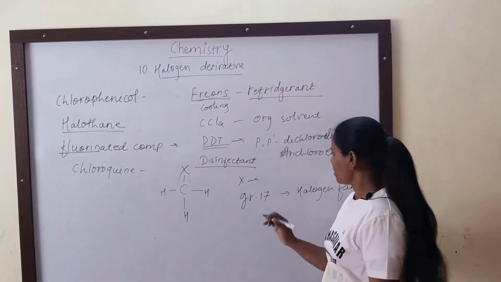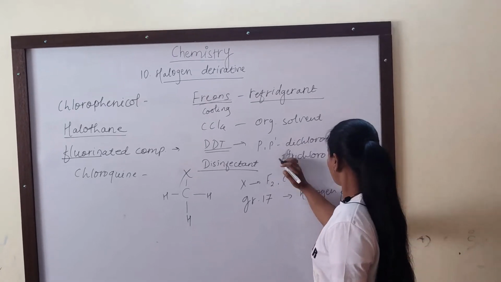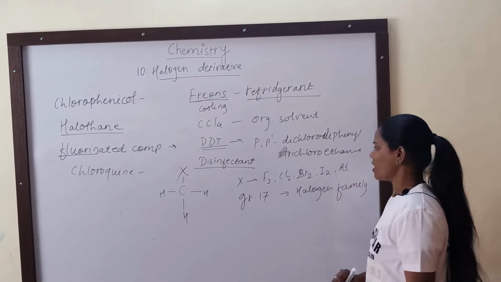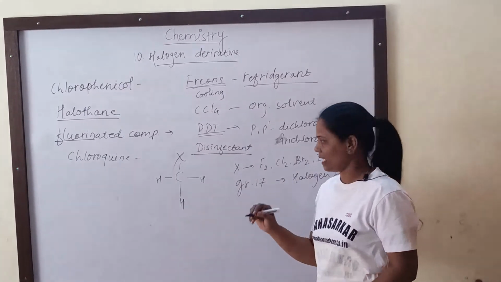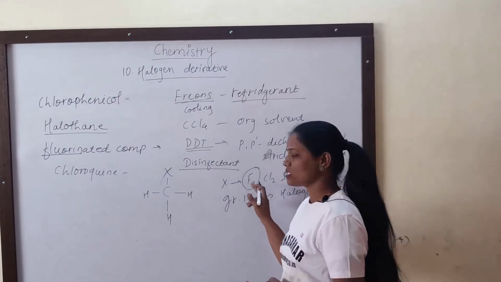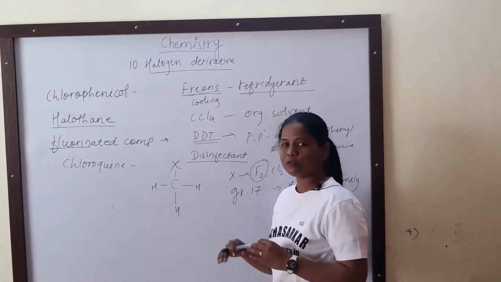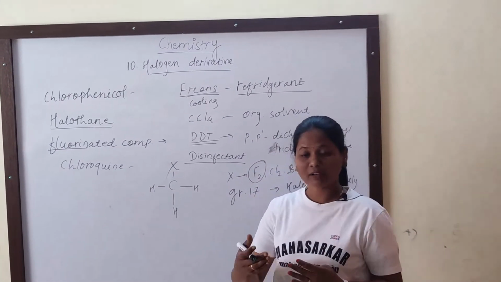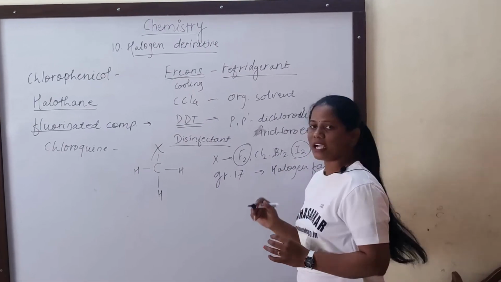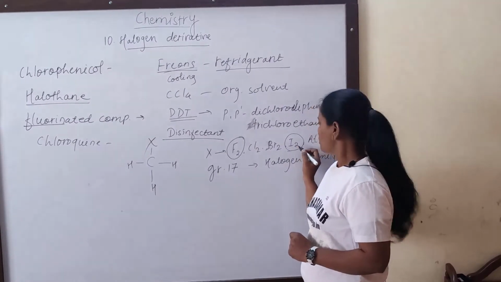Okay. Now what are the halogens? They are fluorine, chlorine, bromine, iodine and astatine. Okay. Now out of these 5 halogen atoms, fluorine is very reactive, highly reactive. Why is it highly reactive? Because fluorine has the highest electronegativity value, and due to that, fluorine gives an explosive reaction. And as we know, when we go from top to bottom in a group, the chemical reactivity decreases. Then iodine shows less reactivity. Okay. So it is very less reactive.